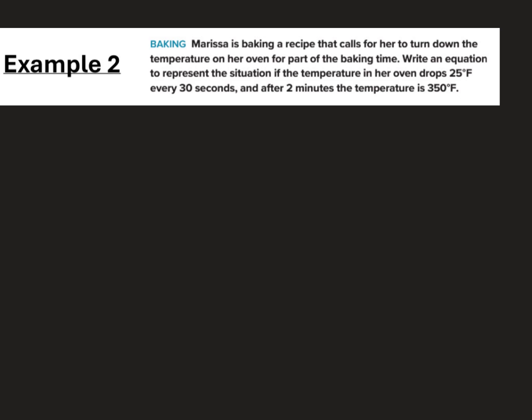We have one ordered pair that we would use, and that's (2, 350). So x is our time, and y is our temperature in degrees. It tells us that the change in x is 30 seconds or half a minute, and that change is 25 degrees Fahrenheit. So my slope,